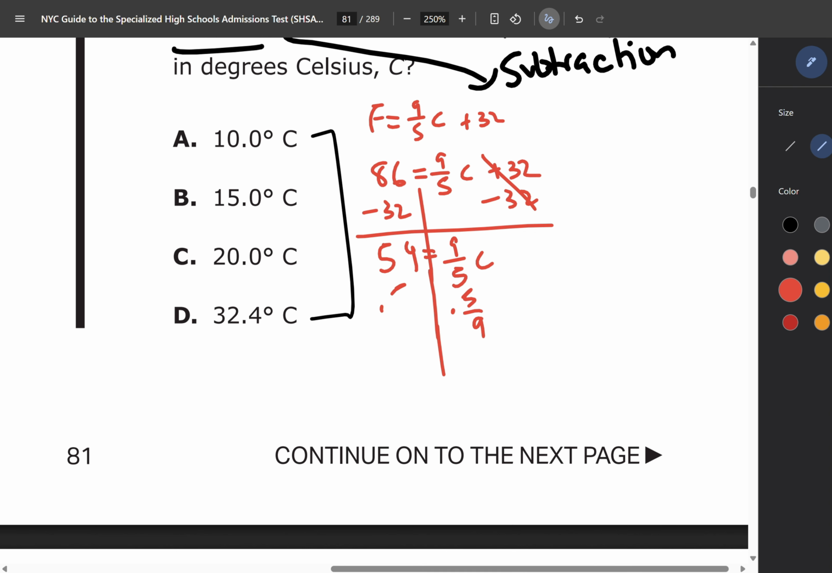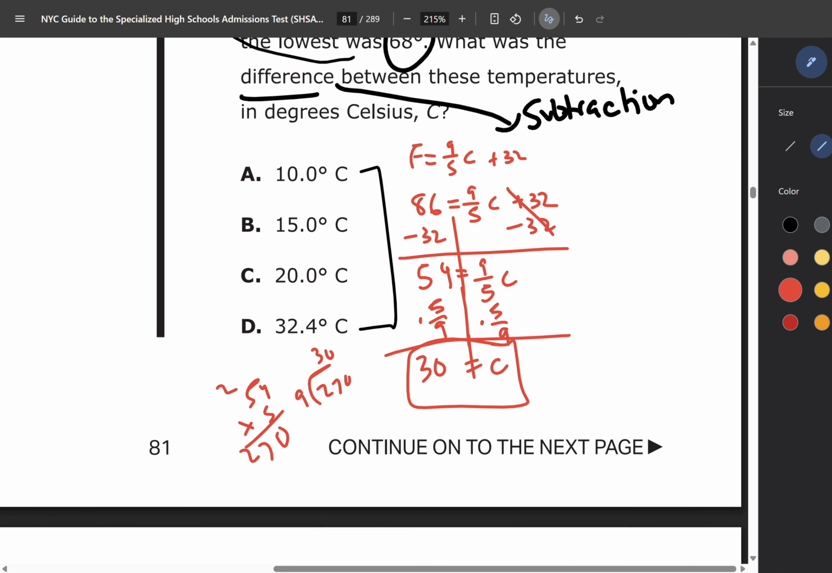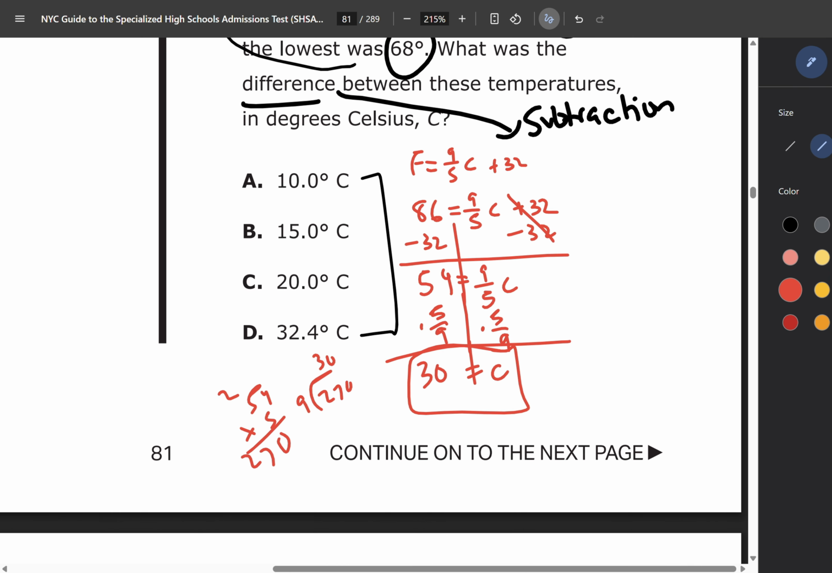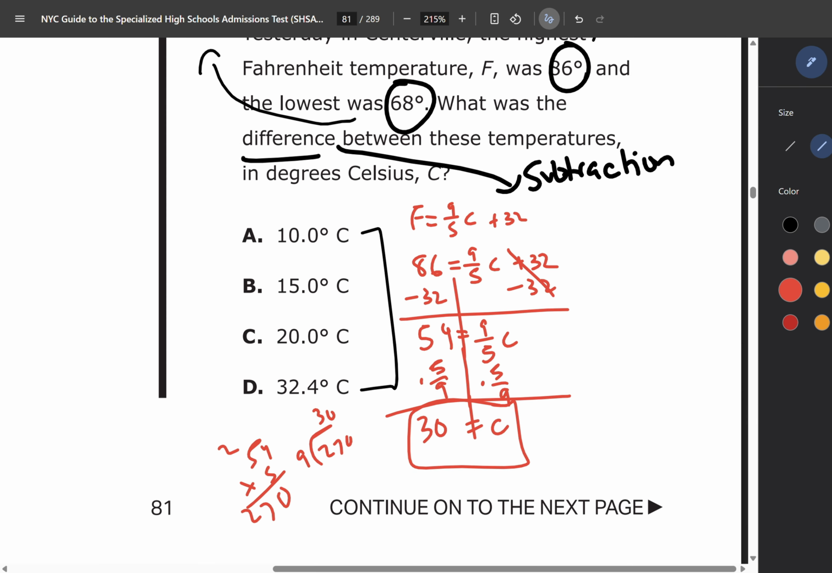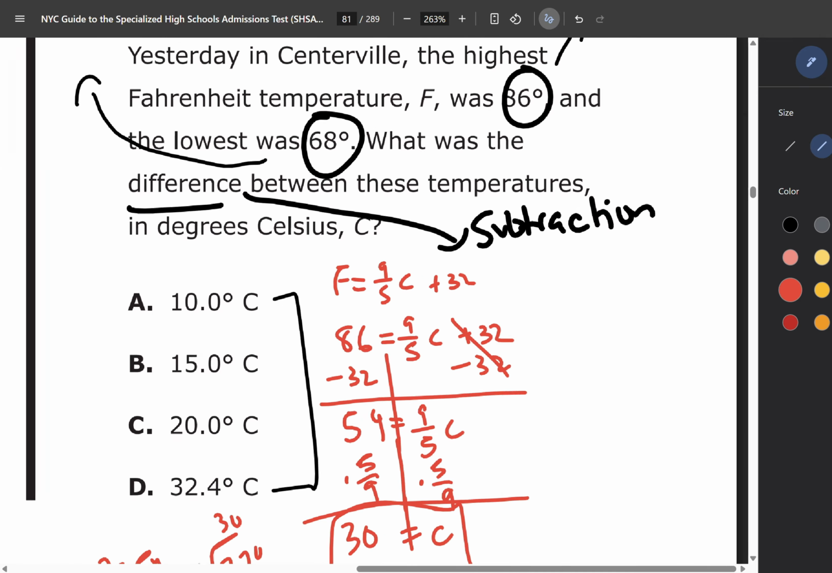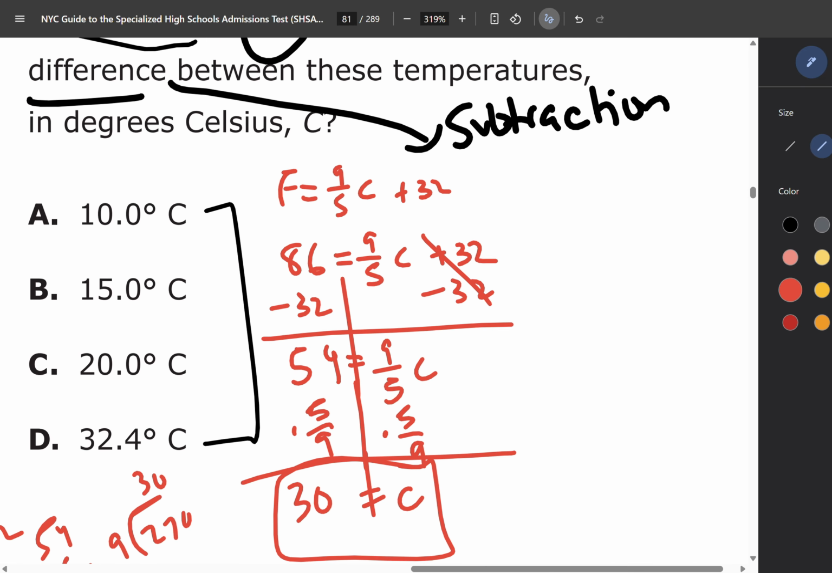So 54 times 5 over 9. This is not the fun calculation. We get 270 over 9, and that you should know is 30. So we're getting that 30 is equal to C, or C is equal to 30. Well, actually, don't get too caught up with that just yet, because this is just the Celsius equivalent of 86 degrees. So the other one, 68 degrees, the low, we're going to do the same exact thing for,